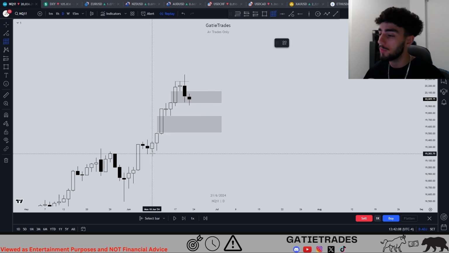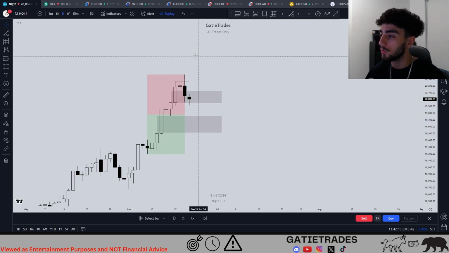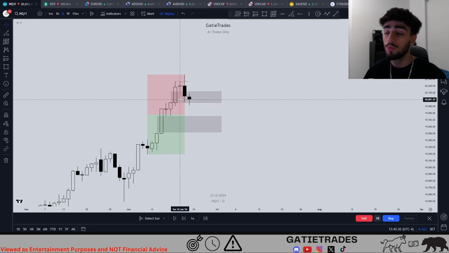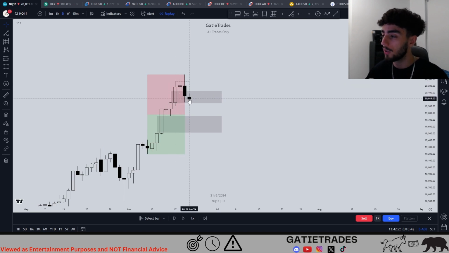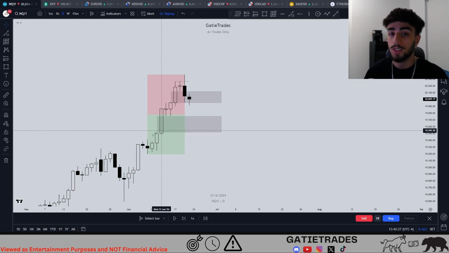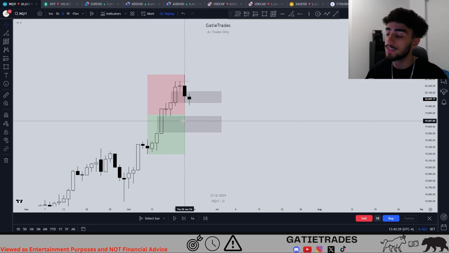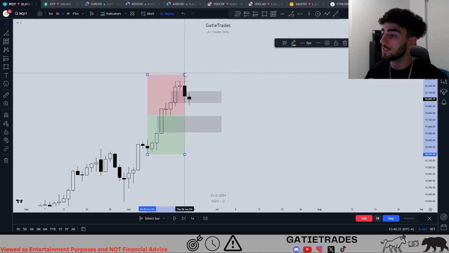And then we also look at premium discount. So the last thing I looked at was premium discount. So here we are in a premium. We swept this premium array, which was this swing high, and we closed below. So this is the first signature of lower prices. So where could we potentially go lower? We could trade into this fair value gap, which we already did on Friday, or we could continue to a